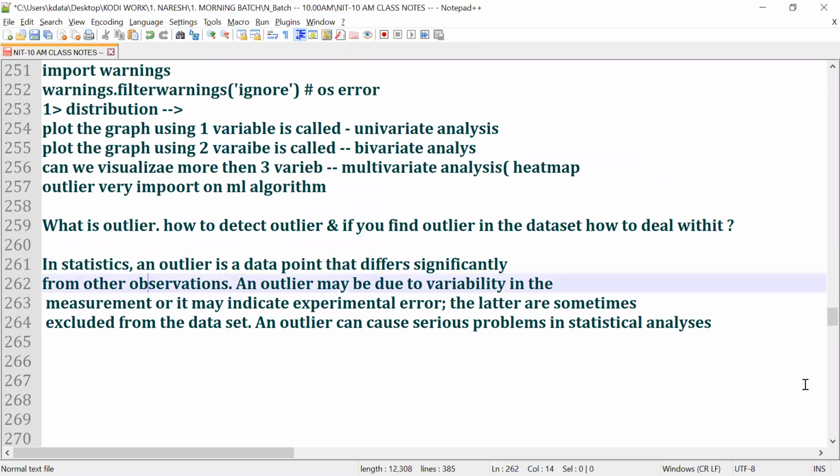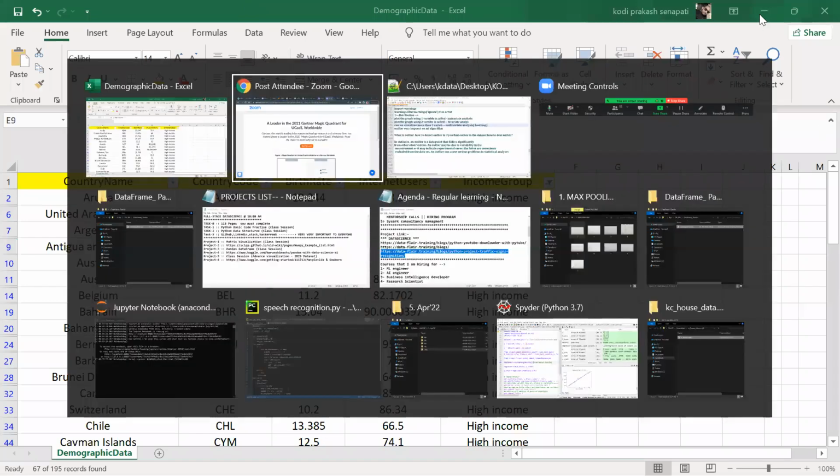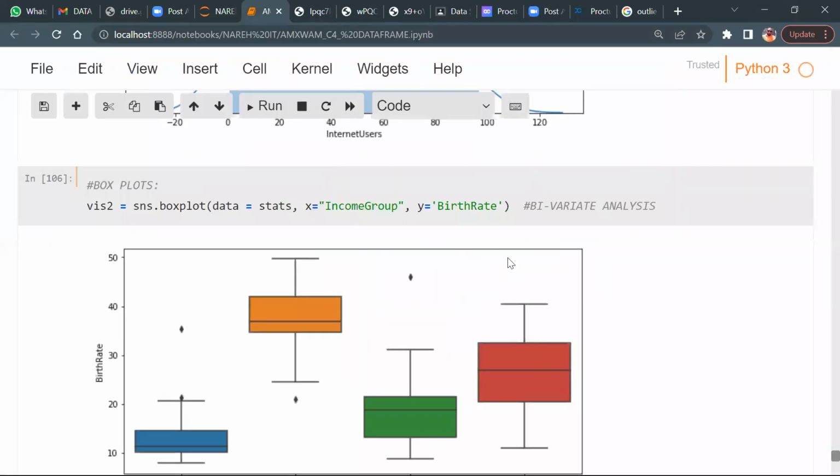Okay, guys, so this is all about outliers and how to detect outliers. All those things I'm going to talk about later. Tomorrow, everybody come with a laptop. We'll do one workshop. I will talk about outliers more from tomorrow, because I do understand a lot of them are not listening in this batch.